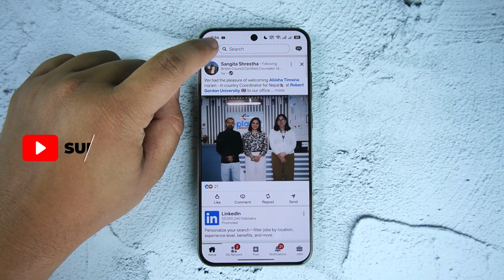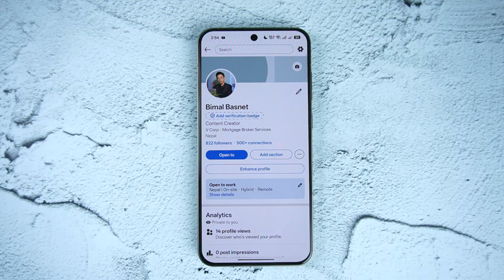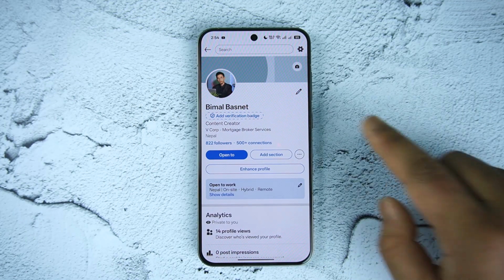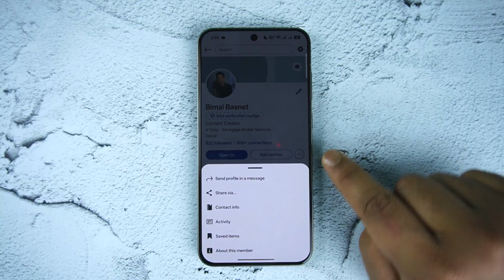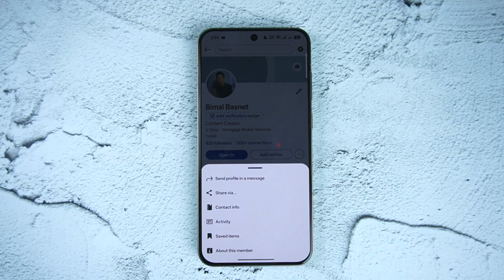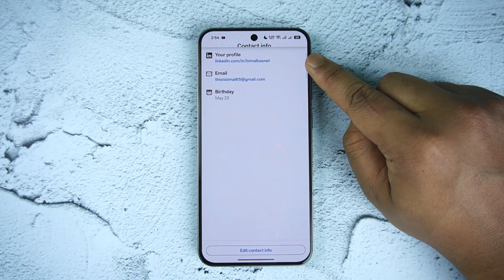Tap on your profile icon from the top left and tap on your profile to come to your profile page over here. When you come to this page, you can see various options. Just look for this three dots icon towards the right hand side and look for the option called contact info. So when you go to contact info at the top, you can see your profile URL and you can see